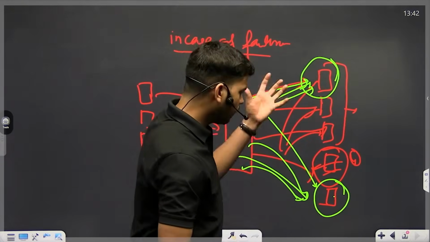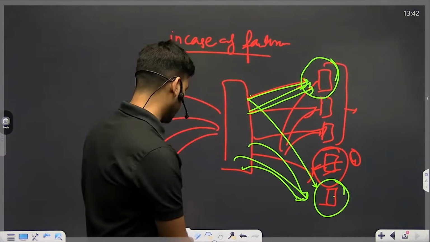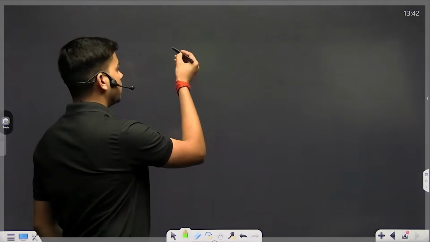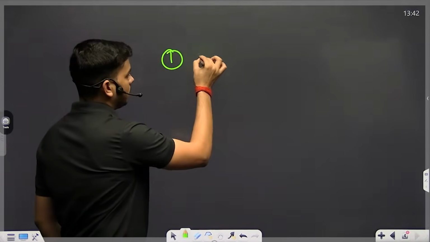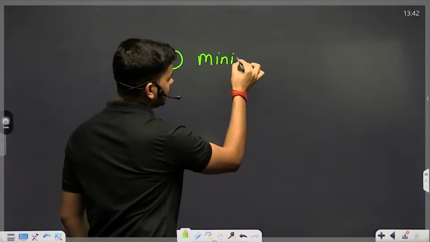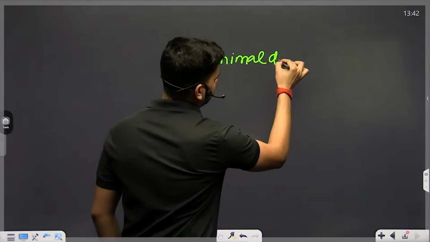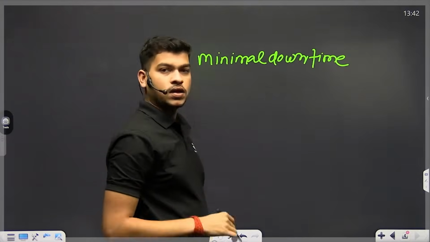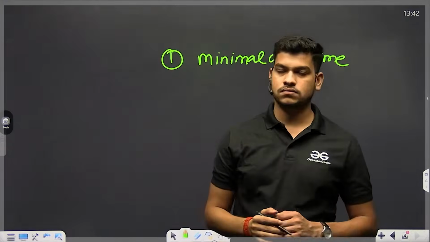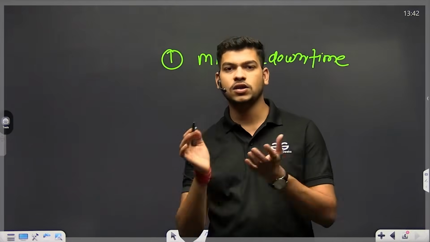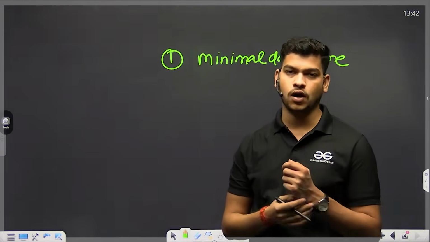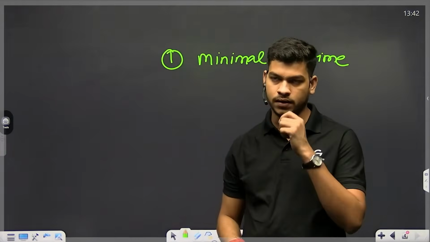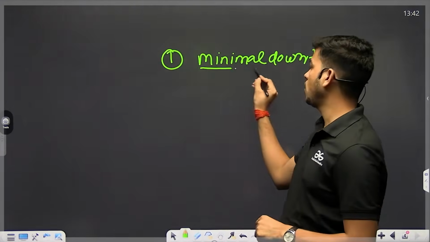Now what is the benefit of this? Why are we requiring this? The major requirement is minimal downtime. This is what every application targets, that we should be down for the minimum duration. We cannot afford downtime. Downtime means the server is down for a particular hour. If Uber goes down for 2 or 3 hours, the business goes down, and the money flow can be hindered. So they don't want their application down for a longer duration.